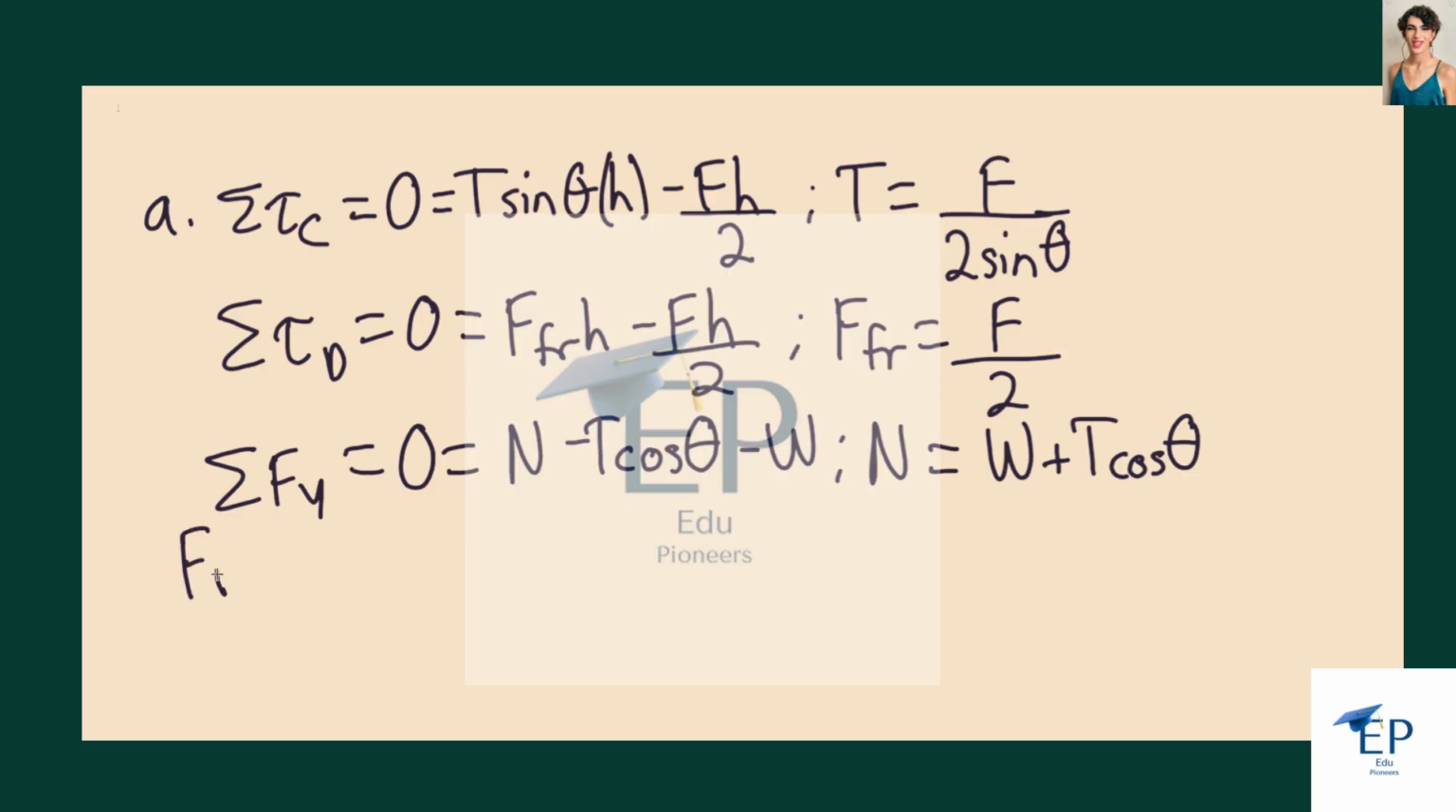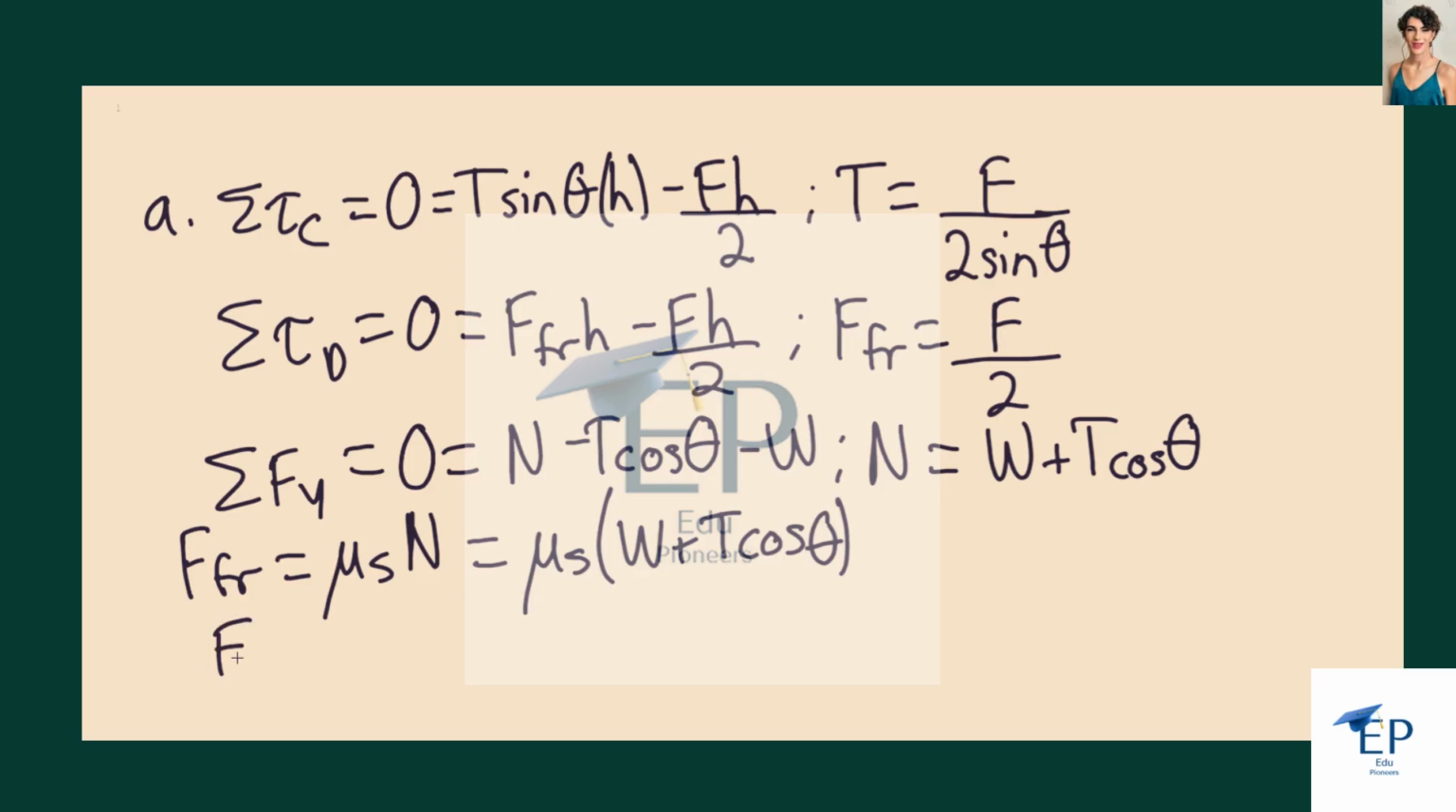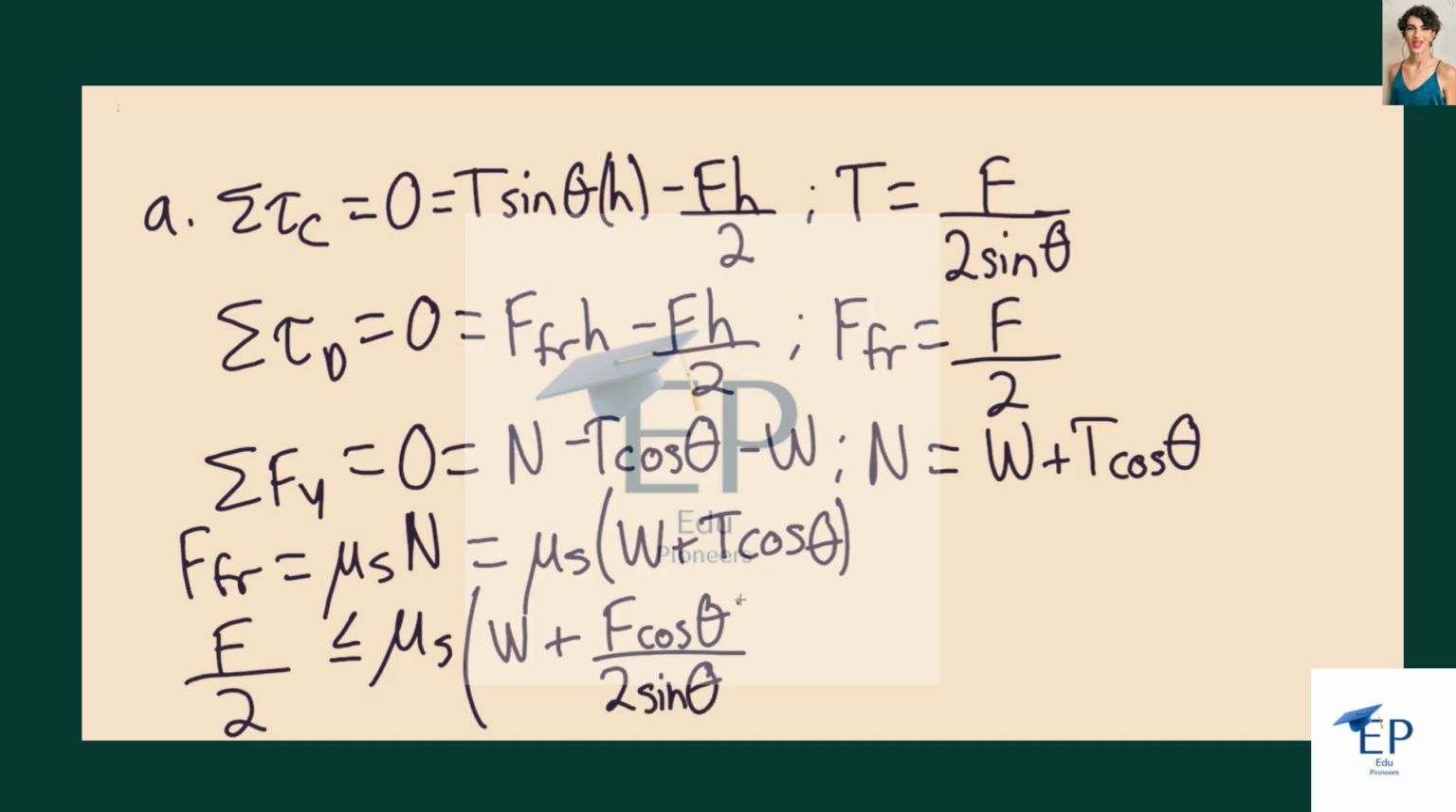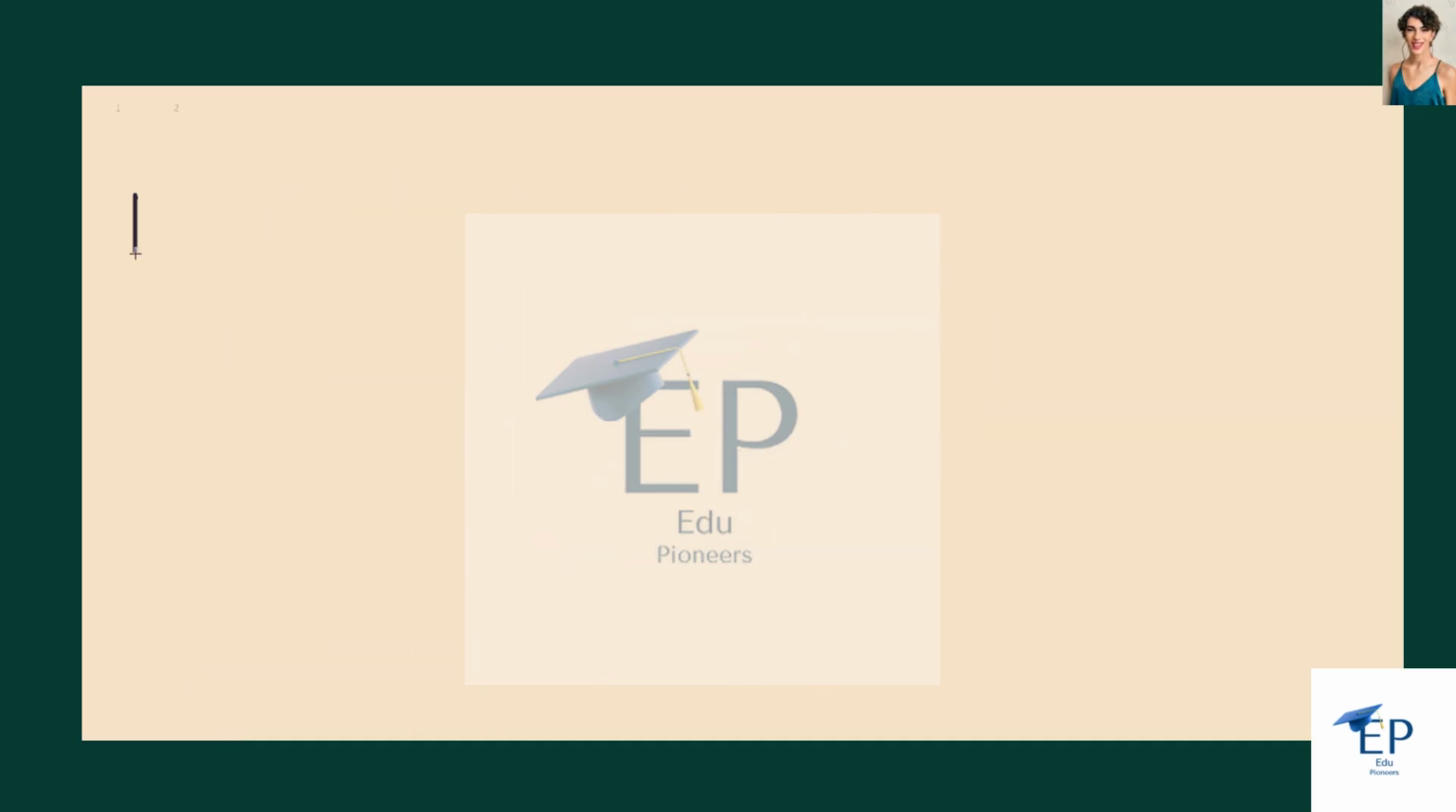And we can say that the force of friction is going to equal the coefficient of static friction times the normal force. This is just by the definition of the force of friction. And this will equal mu s times W plus T cosine of theta. And at this point, we can say that the force of the lever arm over 2 has to be less than or equal to the coefficient of static friction times the weight plus F cosine of theta divided by 2 sine of theta. And so we find that F